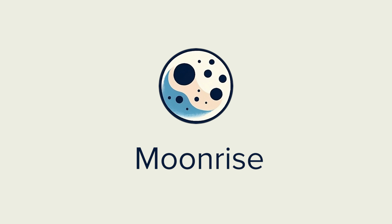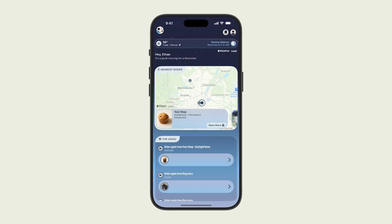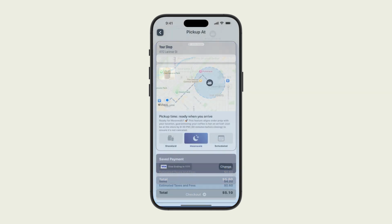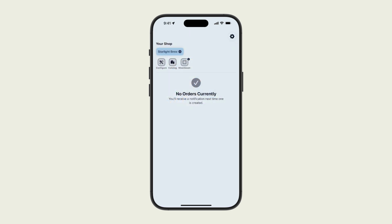Welcome to Moonrise, a smarter way to take coffee orders. Moonrise connects your cafe to local customers through a beautiful mobile experience. It lets them place pickup orders in advance or while they're walking to your shop, so their drink is ready right when they arrive. It's built for independent coffee shops that want modern tools without any extra screens, software, or